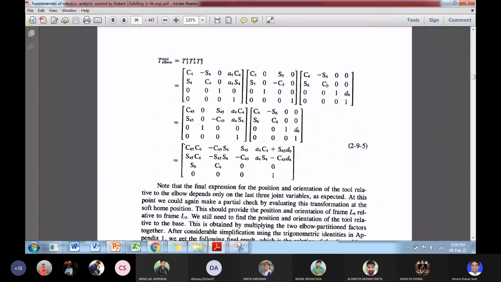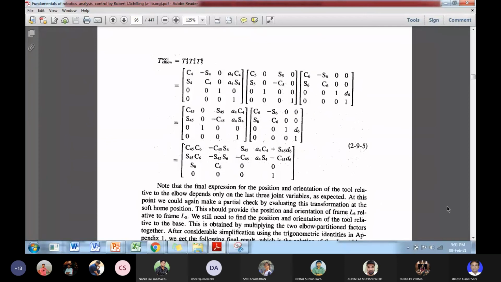Again in theta 6 there is no repositioning of z axis, and z5 and z6 is in the same direction, so there is no repositioning, alpha equal to 0, and here there is a prismatic joint, so length along the z axis is varying and the lengths in other directions are not varying, and that are 0. There is no length along the x axis or y axis, okay. So these three transformations are multiplied together.